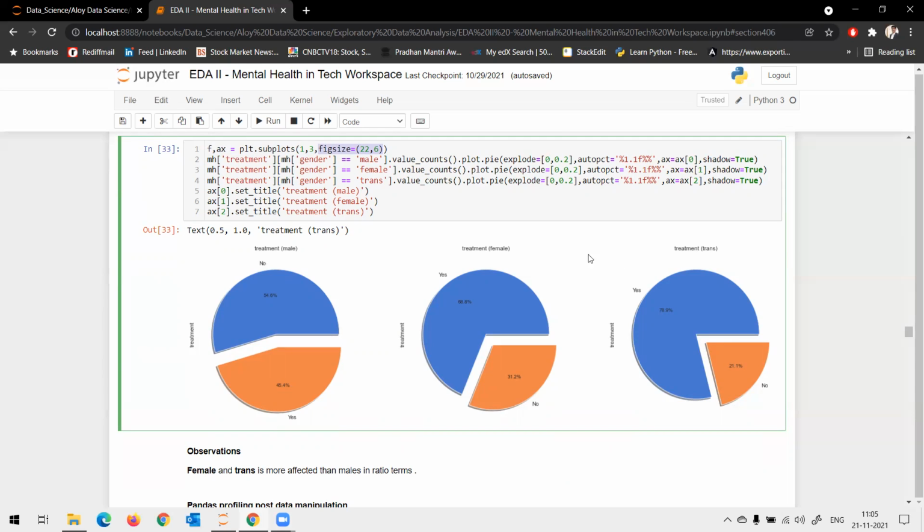You might find it a little confusing because Seaborn has its own way of representing the data. Basically, here the blue is yes in these two plots, whereas here the blue is no and orange is yes.